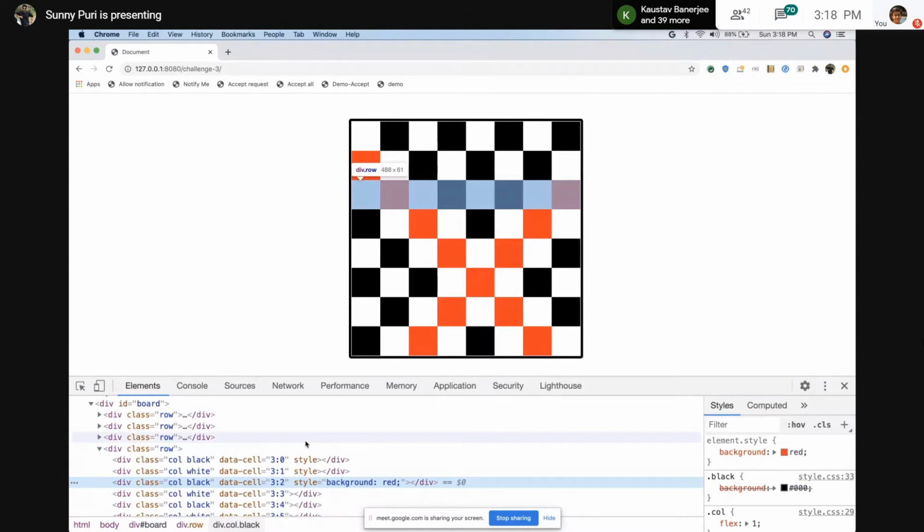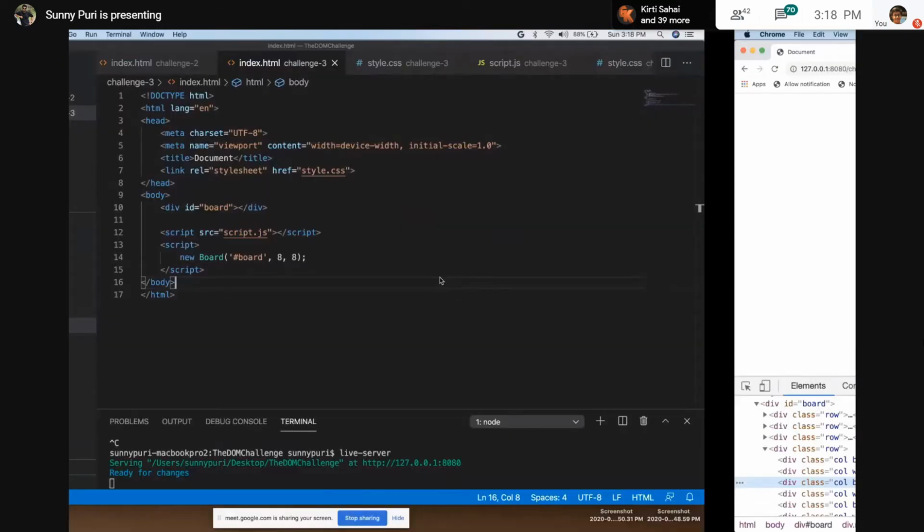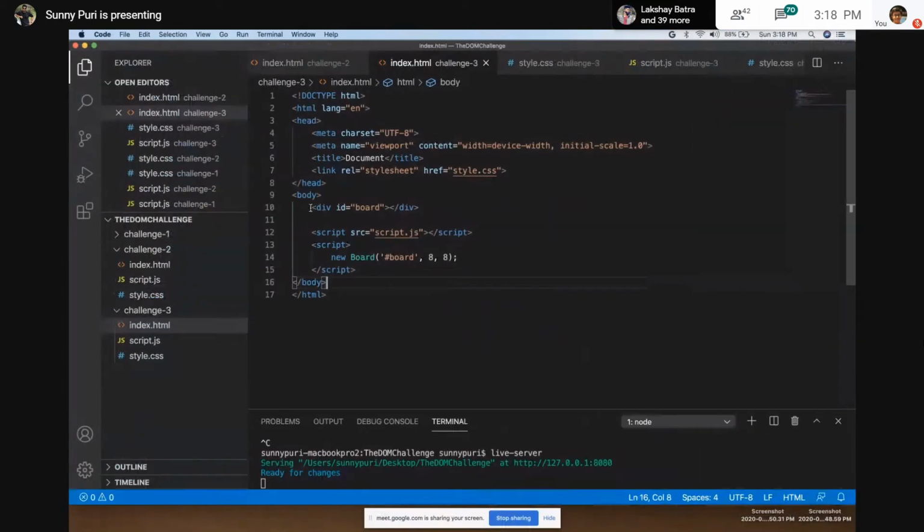There were so many ways to implement the chessboard, but let's see how I have done it. Simple thing, we need a single div, a single board portion where JavaScript will create a grid, not static. Few people have done a static grid. Next time try to improve it. Don't create it static, because if you do 10:10, it will not work since you have hard coded it.